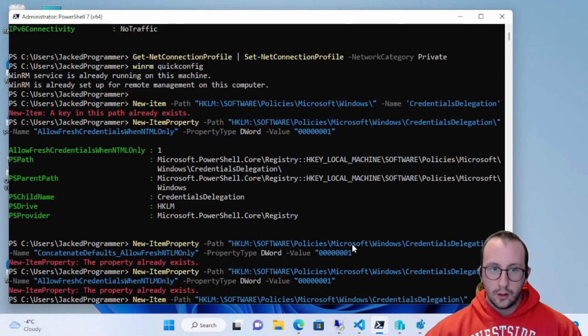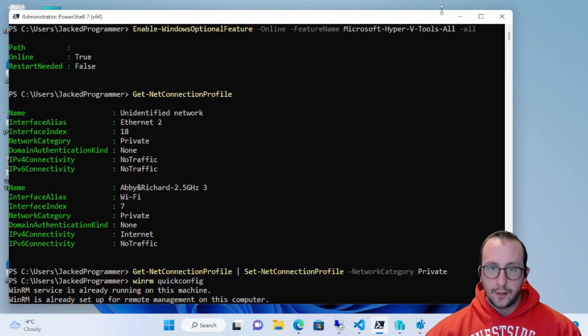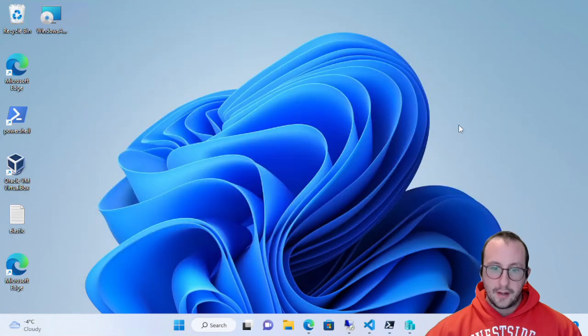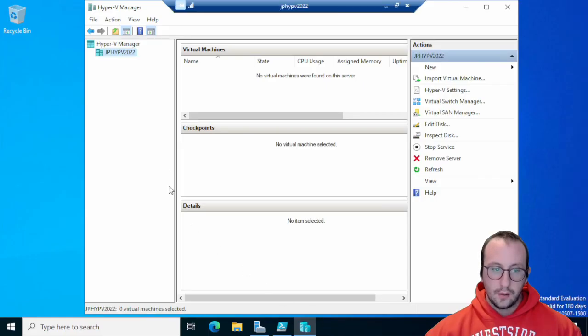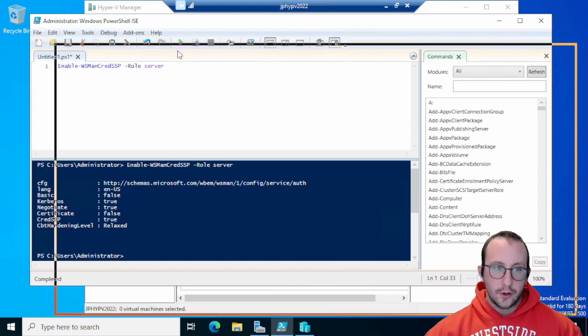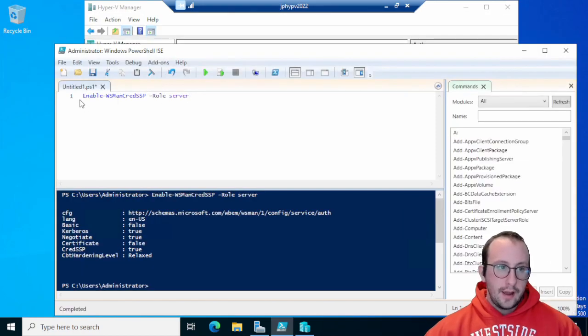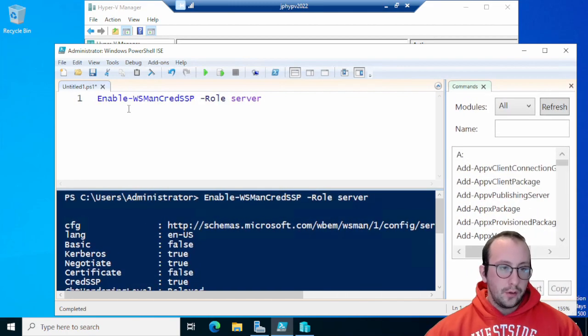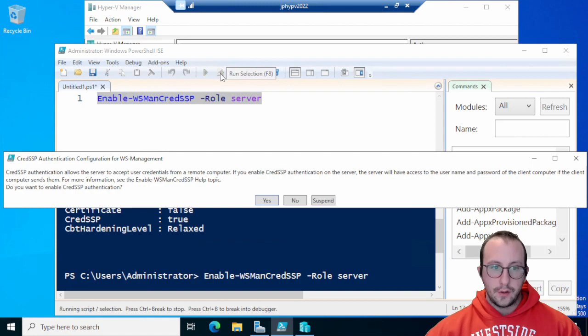So once we've done all of this on our client machine, what we actually need to do is RDP into our server as well and open up a Windows PowerShell under administrator mode. And we are going to type in Enable-WSManCredSSP Role server, and you are going to run that, and it's going to give you